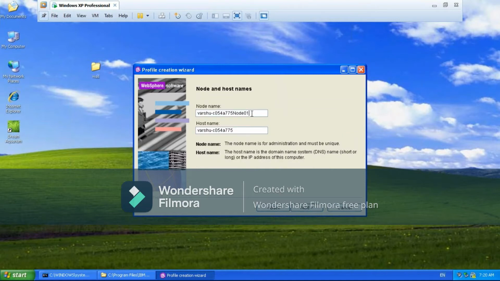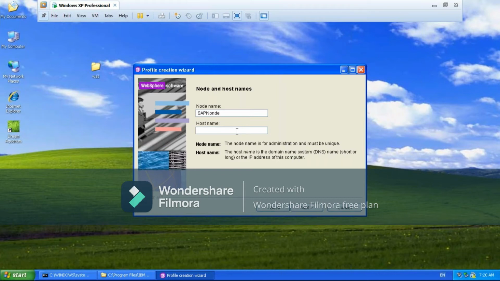So node name we will give as standalone profile node. Sir, may I know the difference between a node and host name? See, a node is what is created while you are creating a profile under a cell, right? Host name is an IP address which is used for a physical system. By using the host name only, the request will come to the physical system.